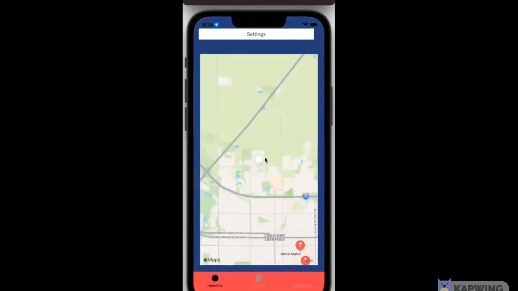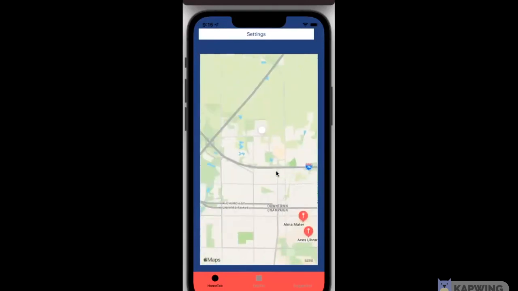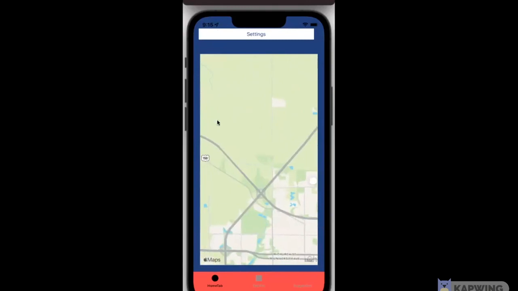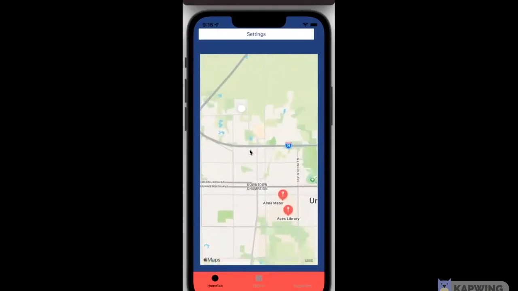So click it, it has our current locations, and we can also see here it is using our locations. And I can drag this map wherever I want, or I can use the zoom in, zoom out functionality, which is exactly the same as what we can do in our